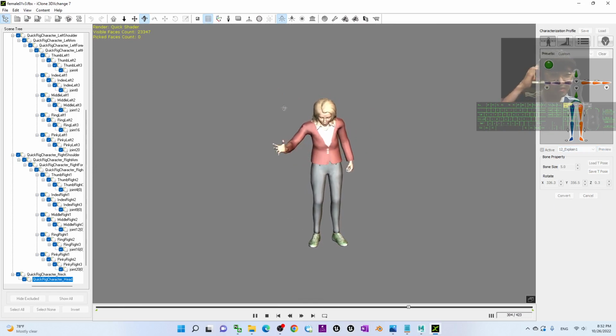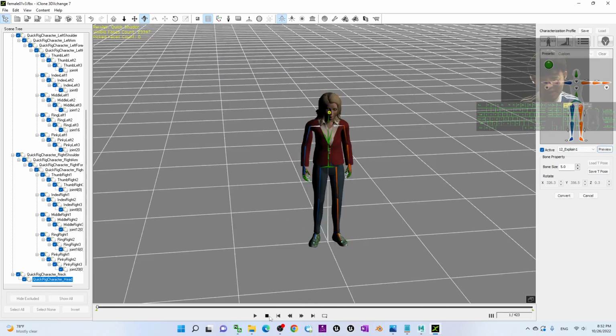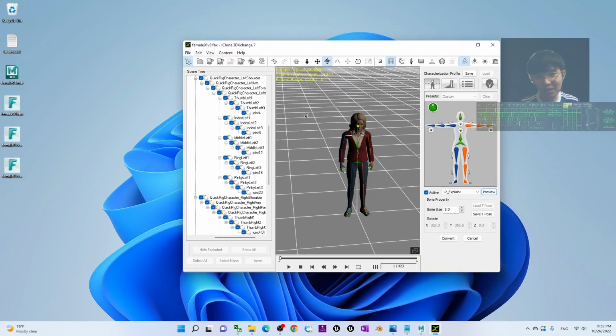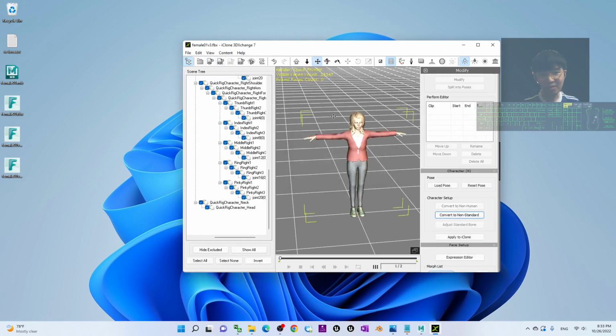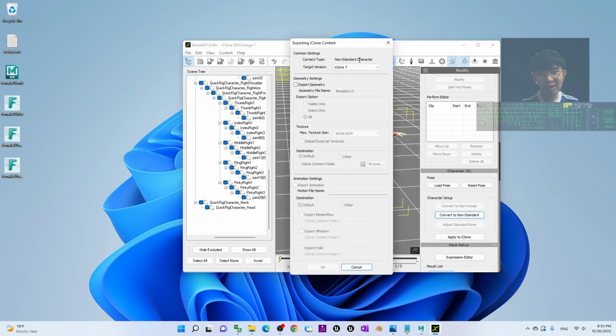Alright, now this one is done, it is ready. And so of course I'm going to save this for my iClone 3DXchange 7 as well. All of these 3D animation software have their own formats. I will just click convert and just export as the iClone 7 file.